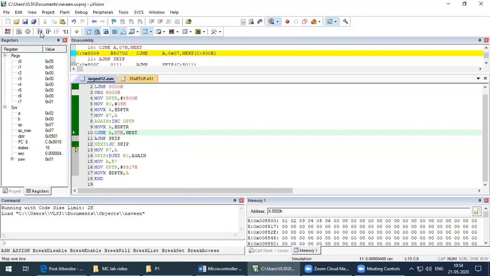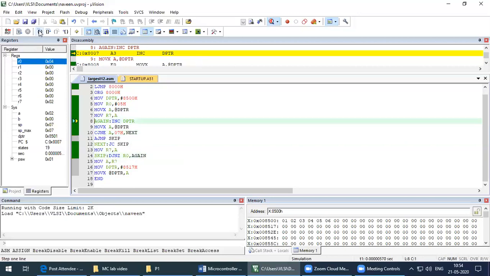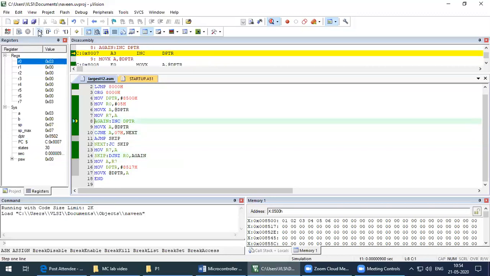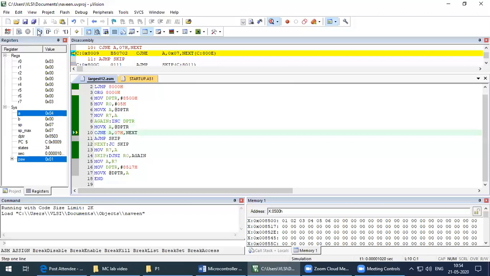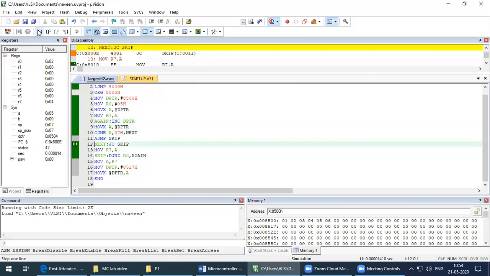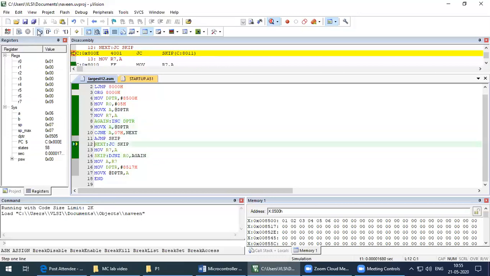You can see that the largest number is stored in the R7 register. If I go for the third comparison, the third data is 3, and the largest number is stored in the R7 register. So how long will we compare? We will compare 5 times, till we get the largest number in the R7 register. You can see that we are executing the same loop 5 times. After the final comparison, the largest number will be stored in the R7 register.